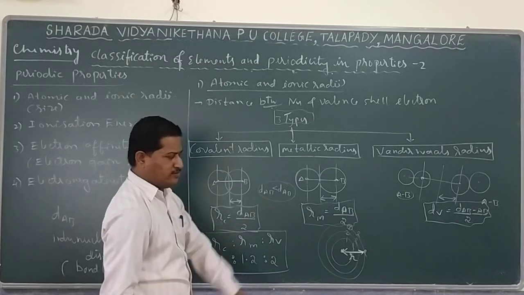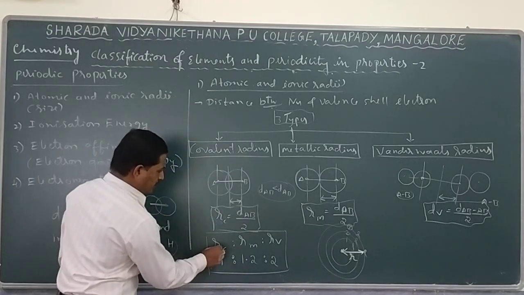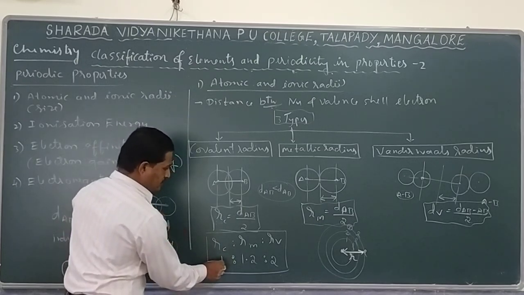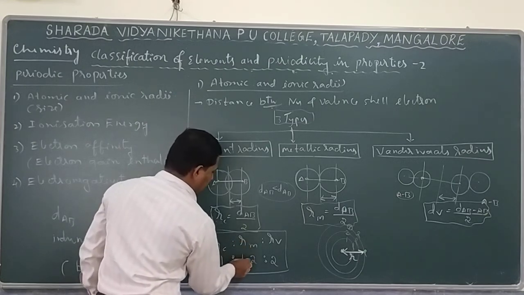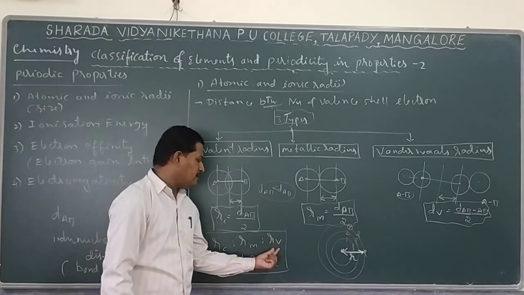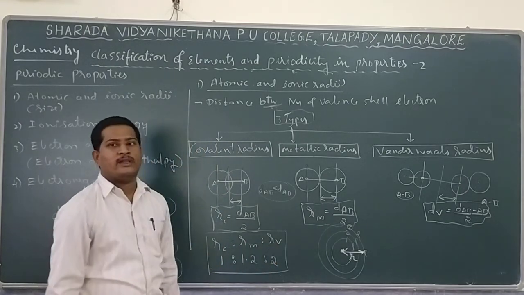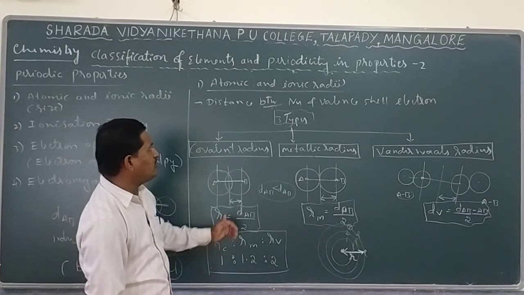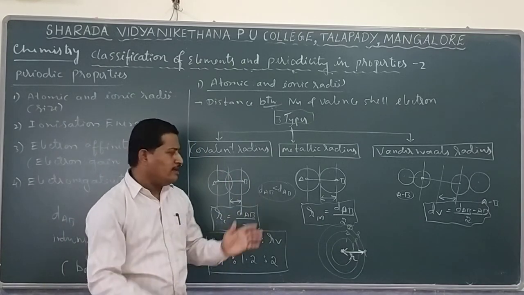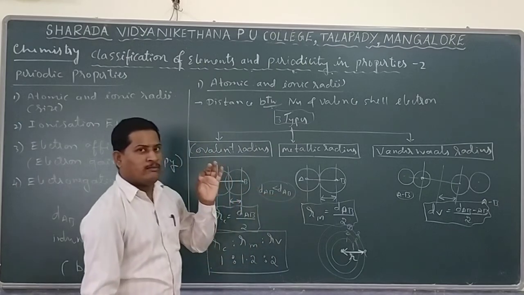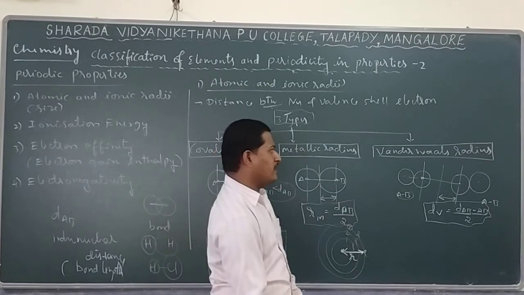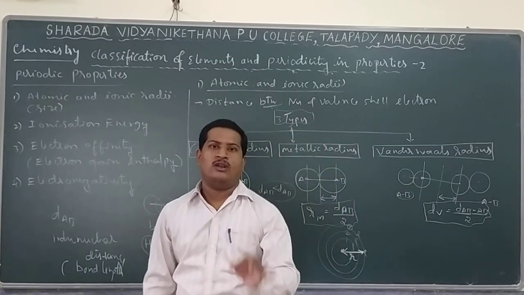If you take the average value of that ratio, RC is the symbol for covalent radius. If the covalent radius is taken as 1, then the metallic radius becomes 1.2 times, whereas the van der Waals radius shows 2 times. That means van der Waals radii are bigger than the metallic as well as covalent radii. Like that, it is possible to measure the atomic radius for a different atom. So there is no one way, we can go with 3 different ways. If an atom is present in a covalent bonded situation, the covalent radius is measured; in a metallic bonded situation, the metallic radius; and in a van der Waals bonded situation, the van der Waals radius is measured.